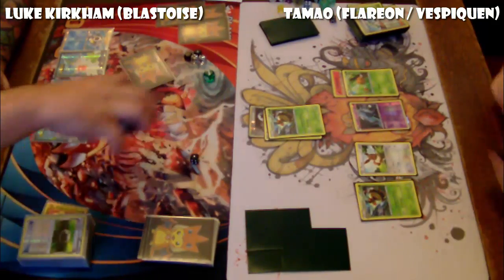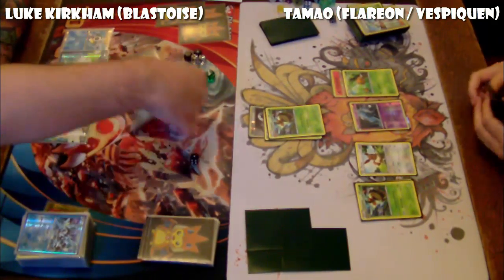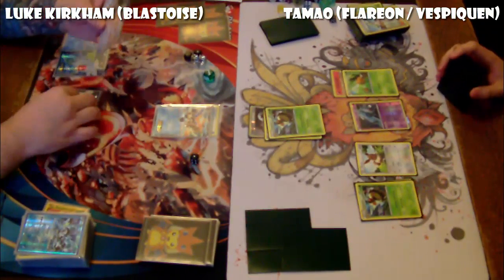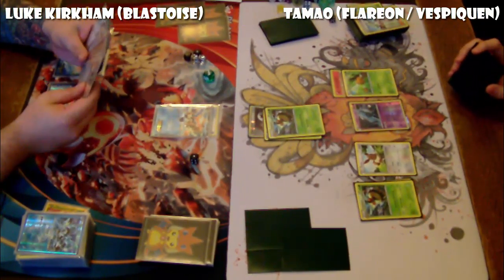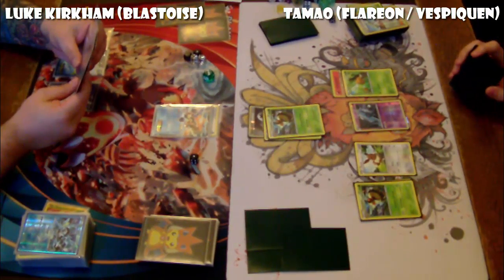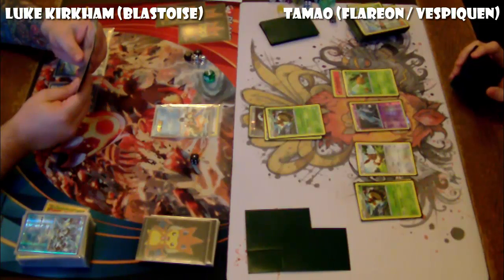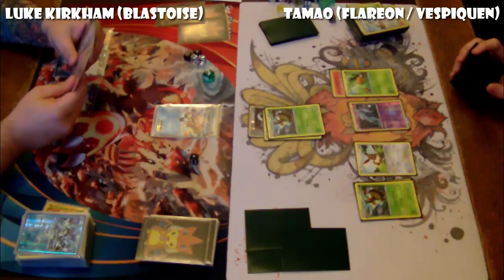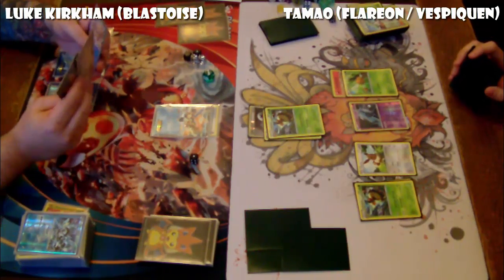Now, maybe Tamao KOs the Blastoise, maybe he then the following turn KOs a Kyurem and Luke has nothing, but maybe if you Lysandre KO the Blastoise, Luke can just go Archie's Ace and a whole boom second Blastoise. So, a lot of things to consider. I'm generally a more aggressive player than Tamao. I probably would have gone for the Lysandre for the EXKO, but